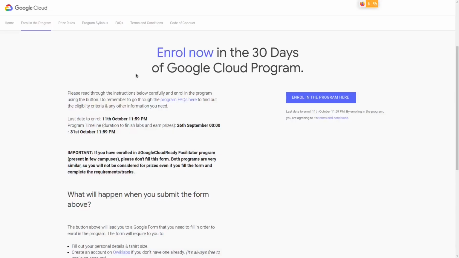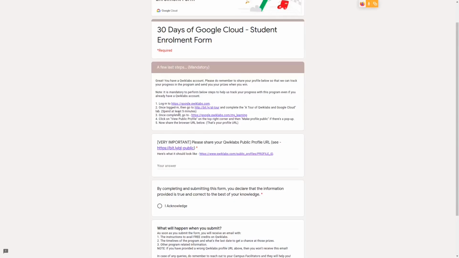Now you're logged in, and from here you must follow the second step. Here it says complete this lab. It's a free lab. You need not have any credits in your account to complete this lab. So click on this link. It will take you to the lab page.